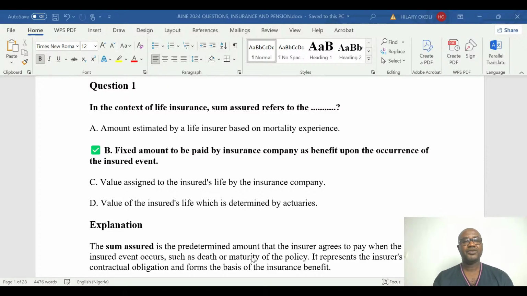So the fixed amount is to be paid by the insurance company as benefit when the stated event has occurred. So in the context of life insurance, the sum assured refers to that fixed amount. We'll offer a more detailed explanation to that effect when we look at the